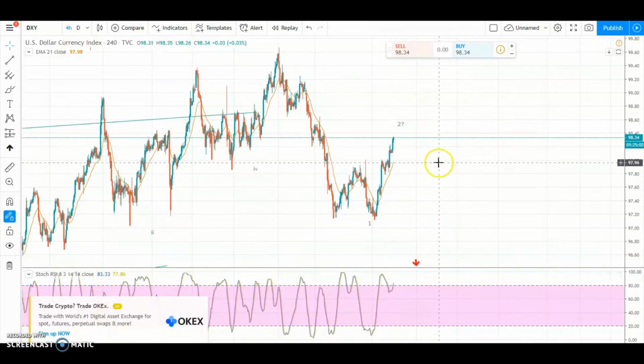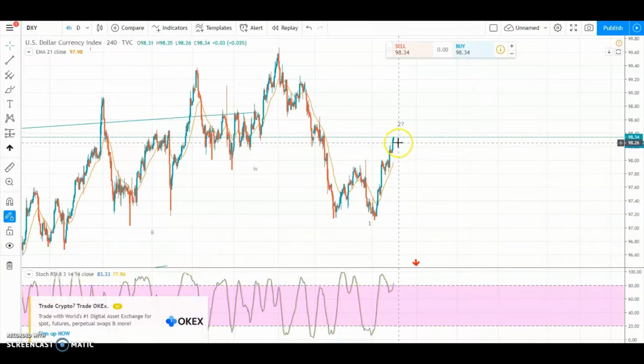Also, I just want to point out that if you look at the momentum indicator here, you have some divergence. So when momentum does turn down, unless it keeps going up and it passes this point here, you're going to have bearish divergence, which is going to give you more confidence that price will continue downward. So I'm looking to short this thing, and I'm very excited about what's going to come after this momentum subsides.